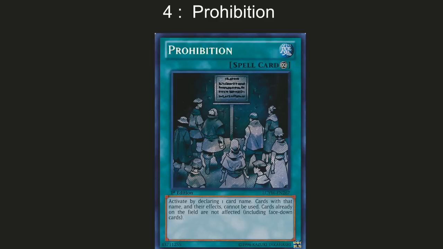Coming to number 4, Prohibition. Now, Prohibition is a card that fluctuates in and out of formats, which is why it's a forgotten card. I mean, any deck that revolves around one card, this card just completely obliterates. Declare one card name, that card cannot be used, including effects and etc. And then cards face down on the field aren't included, but with that being said, the card is solid because